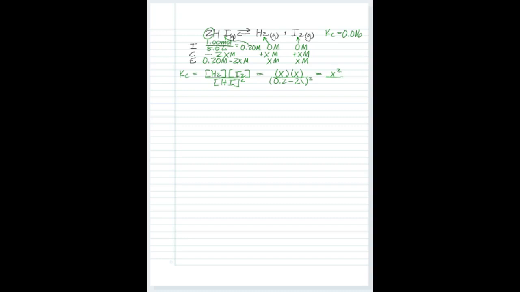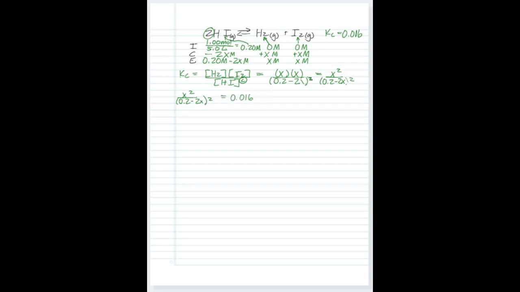Oh, sorry, there's a squared there too. So I had missed that before. X squared over 0.2 minus 2X squared. Now this all, I'm going to start on the next line here, X squared over (0.2 minus 2X) squared is all equal to